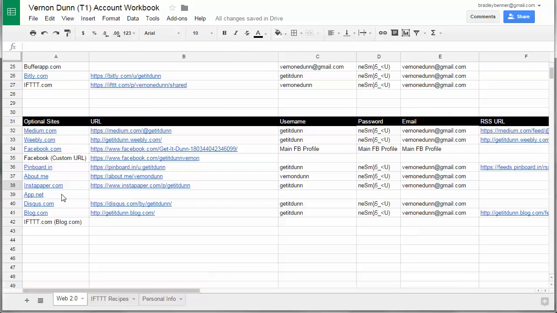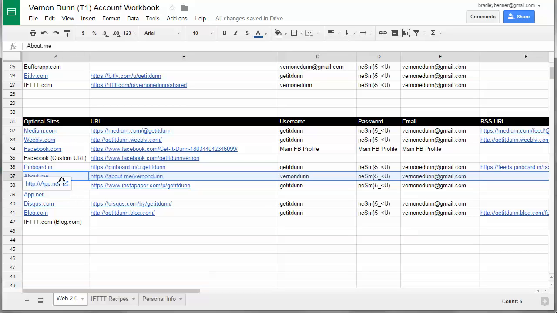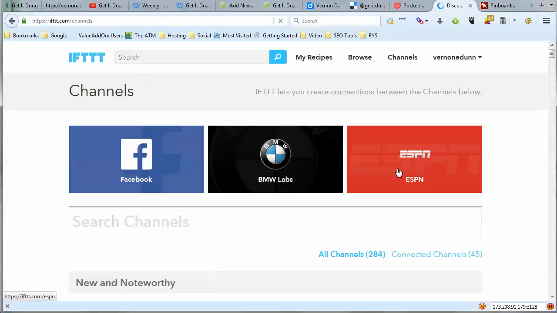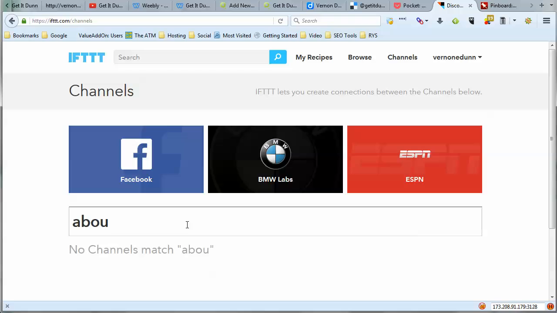We're almost done. We're going to go to About.me. Does not connect to ifttt. Okay, Instapaper does, however. So we're going to go ahead and select Instapaper. At least as far as I know, About.me doesn't connect to ifttt because there's no way to post to that anymore. There used to be, but it still didn't connect. See, look, there's nothing for About.me. There was no way for it to connect to